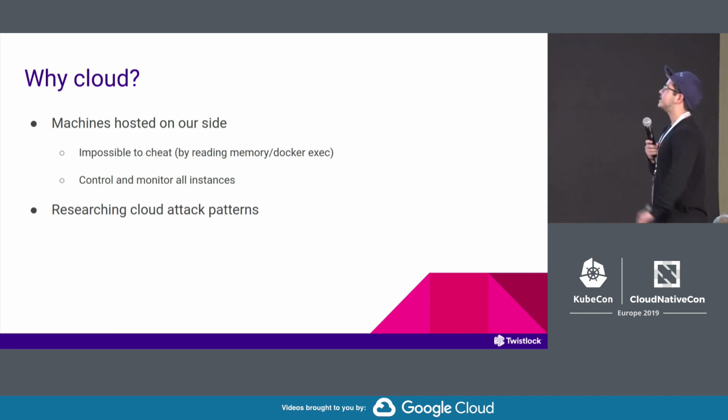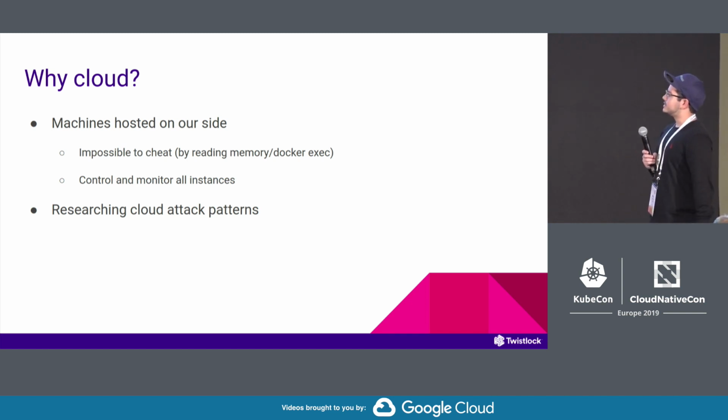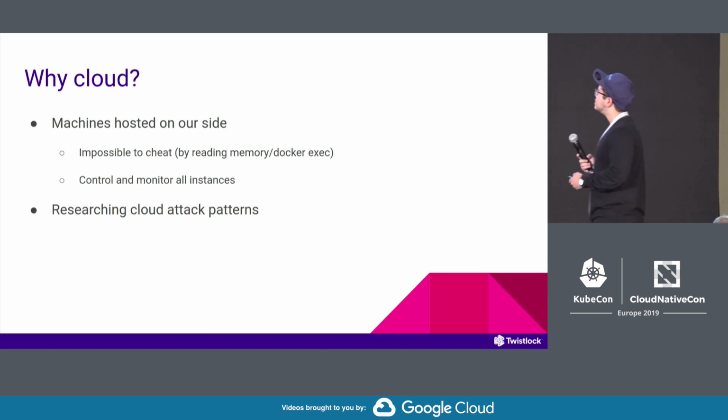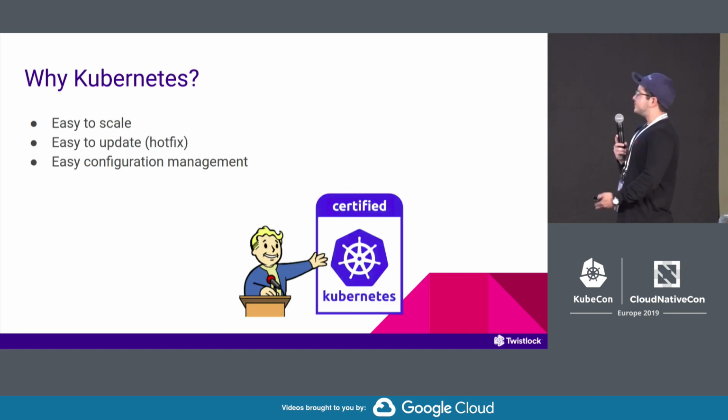And security researchers would try to do everything they can, cheating or not, to win the challenge. It would also be very easy for us to manage all the instances of the challenge and control them and make changes to them. And finally, it was interesting for us to see what security researchers would try to do when they get root shell on our pods, deliberately. There were some similar experiences in the past, like Lambda shell, and it was interesting for us to see what people would do. And why specifically Kubernetes?